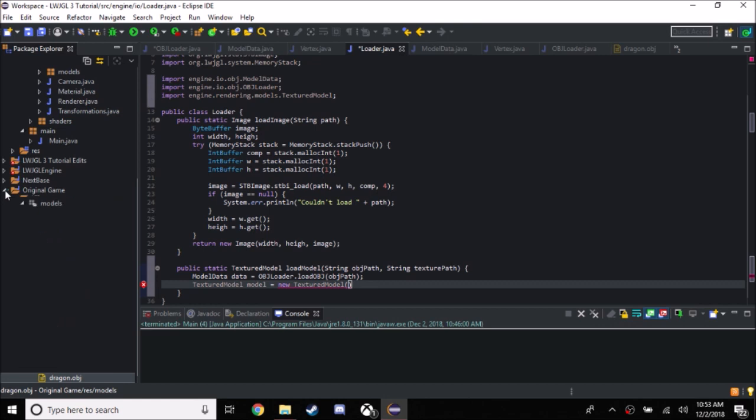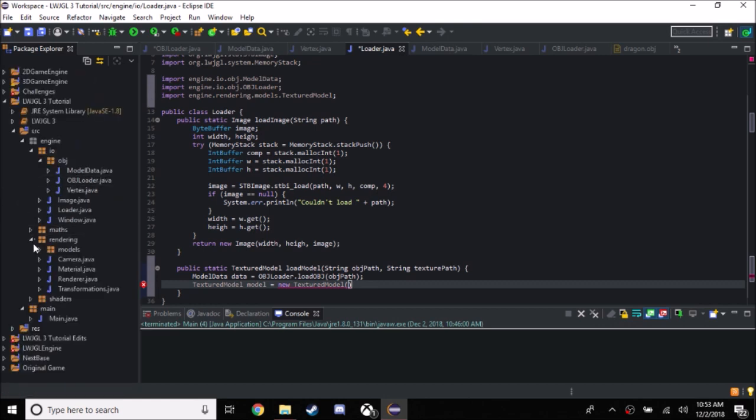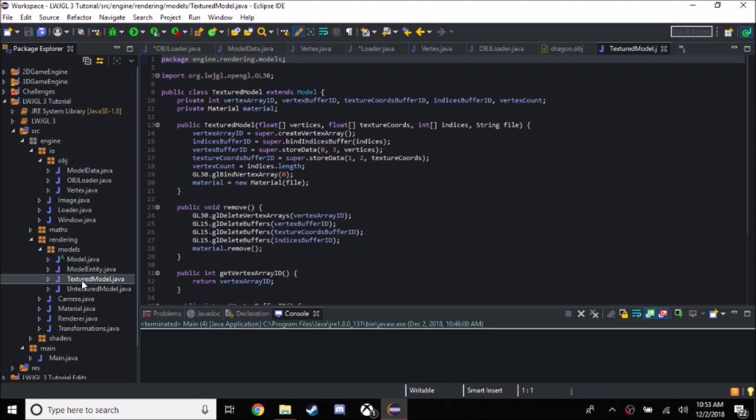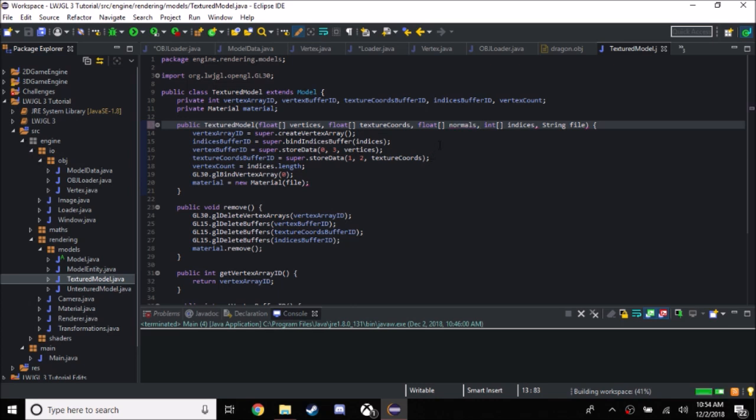This is, so in our models. So in our models class, we should go to textured model, and we should actually add a way to store normals. So we can do it after our texture coordinates. So float array normals, and yeah. And so we can, in here, before we do this, we can just say